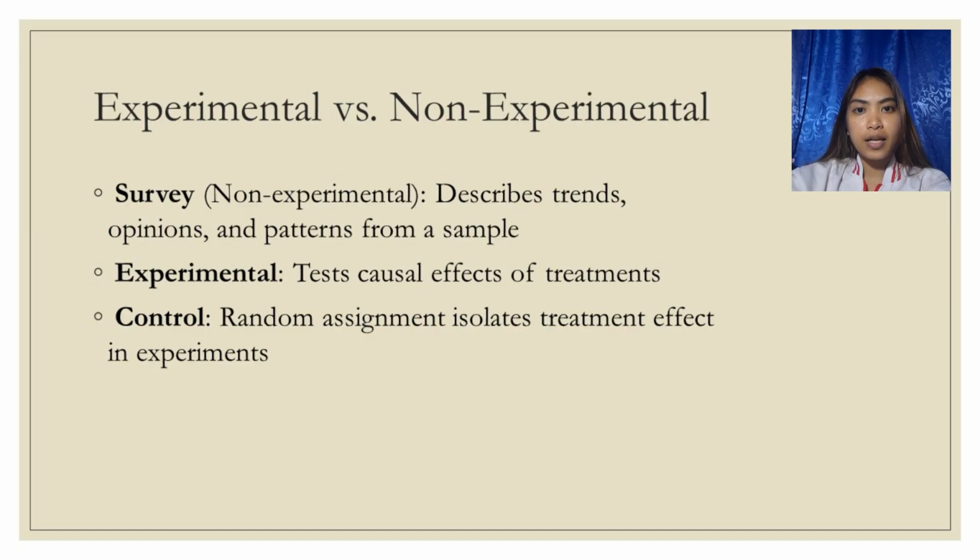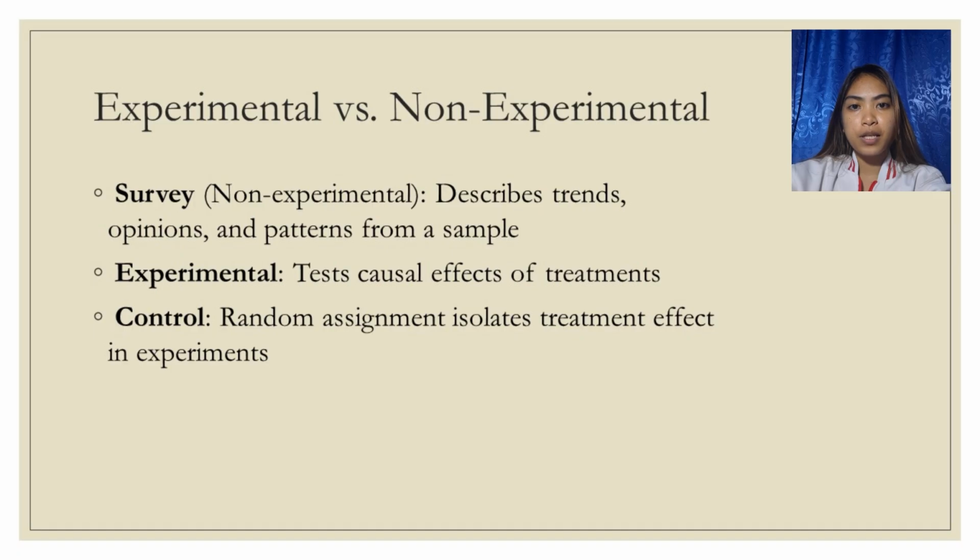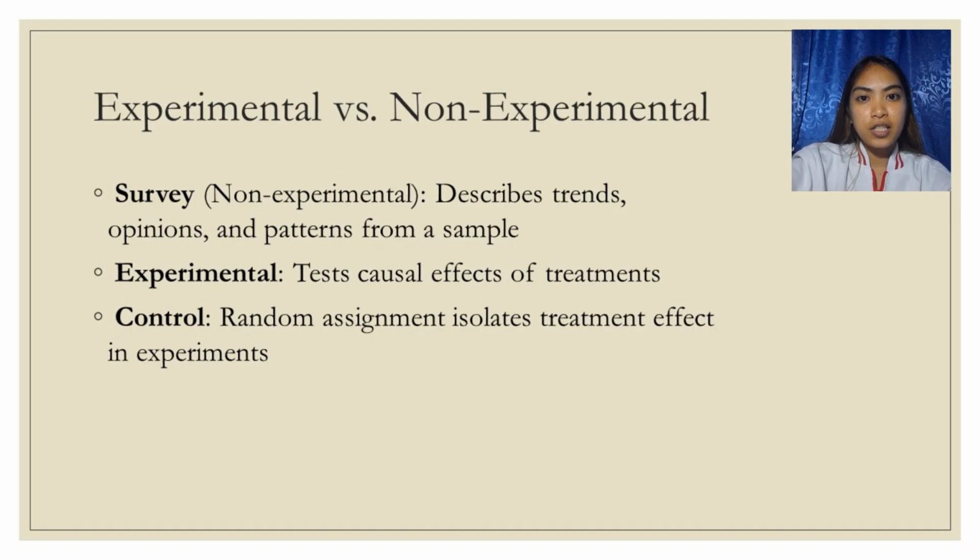An experimental design, meanwhile, focuses on testing the impact of treatment on an outcome. Although experiments may also involve samples and generalization, their defining feature is control, especially the control achieved through random assignment to treatment and control groups. When one group receives an intervention and the other does not, the researcher attempts to isolate whether the treatment produced